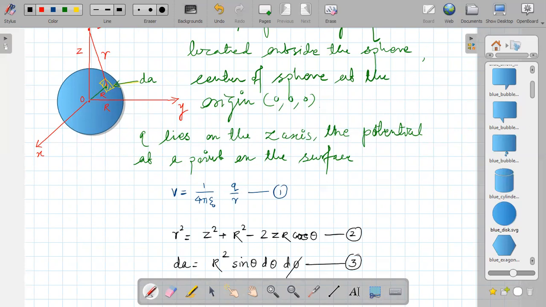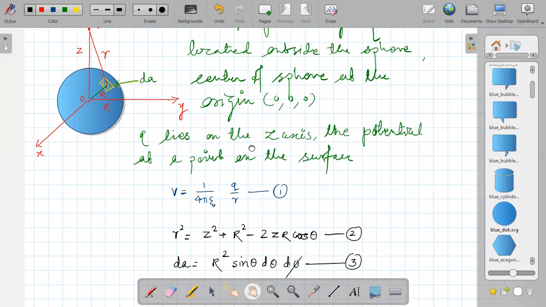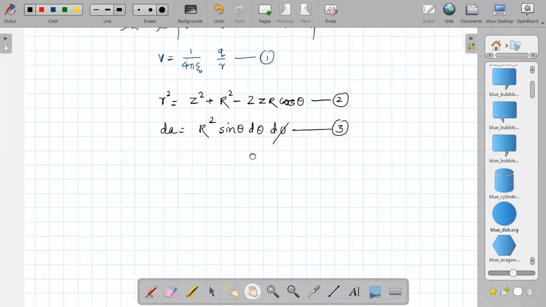We have here equation number 1, V equal to 1 upon 4 pi epsilon 0 q by r. From this geometry, we can write based on the cosine law, r square is equal to z square plus capital R square minus 2zR cos theta, and dA, which is your spherical surface element, is capital R square sine theta d theta d phi, where capital R is the radius of the sphere. Okay, and therefore based on the properties of the Laplace equation in the 3-dimensional case,